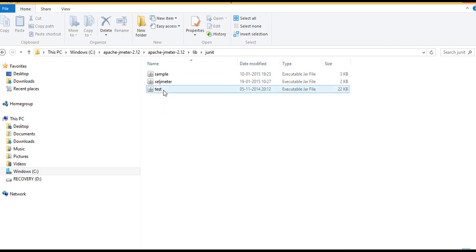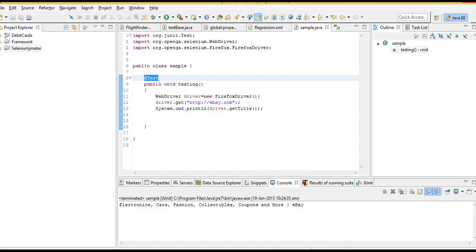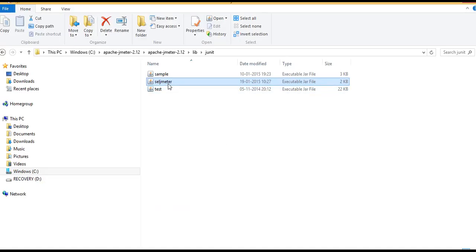So now I have placed it here and I can access it from JMeter. This Sel JMeter jar is the one in which we have the code to invoke ebay.com. Okay, let's call it from our JMeter tool and see how we can run it from there.